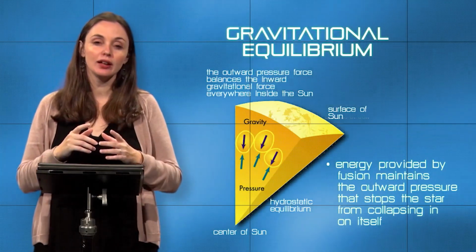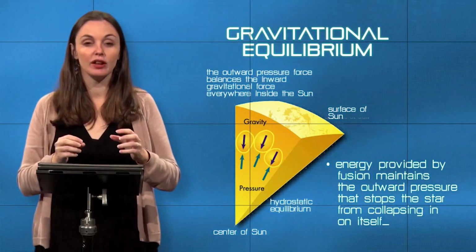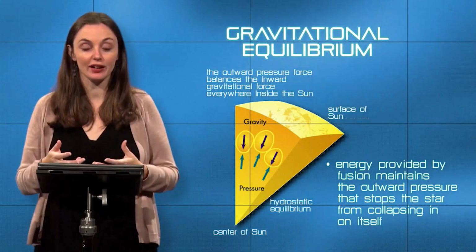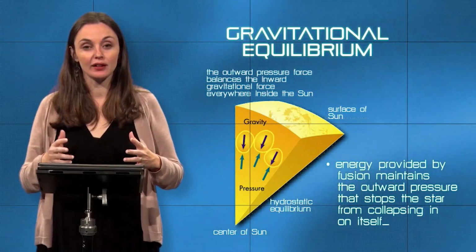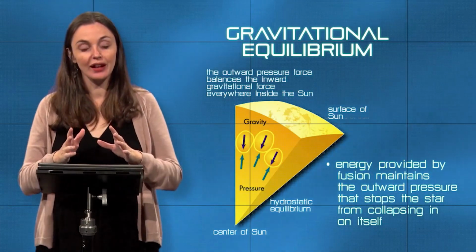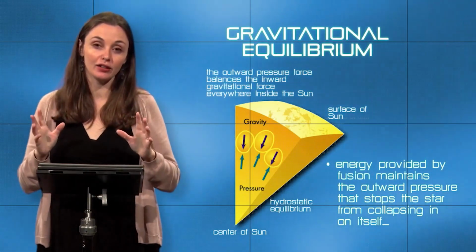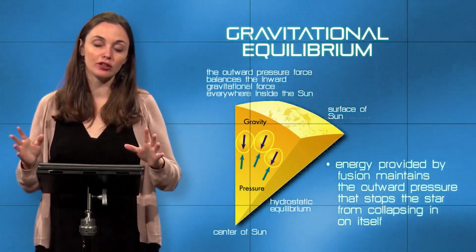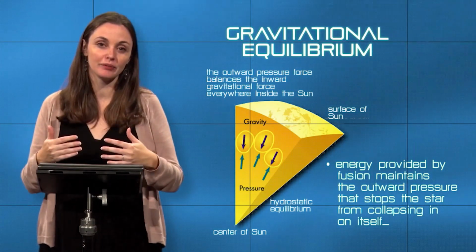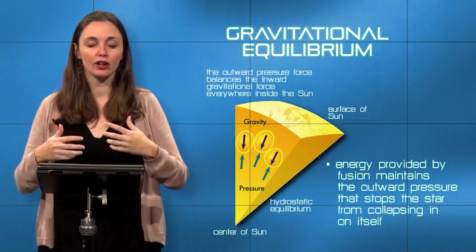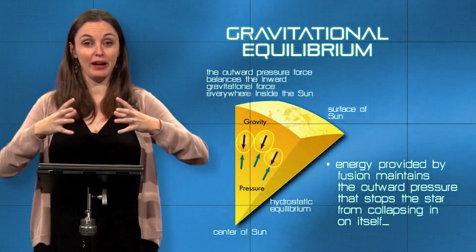So not only does this create balance, it creates sort of the equivalent of a thermostat in the sun. All stars, we think, are balanced out like this. And the way this works is that if, for whatever reason, fusion just kind of got a little out of hand in our star, if for whatever reason, let's say we just ramp up core temperatures by another 1,000,000 Kelvin, then fusion would start happening at a greater rate, and the core of our star would actually expand.